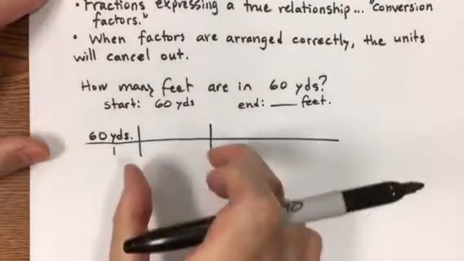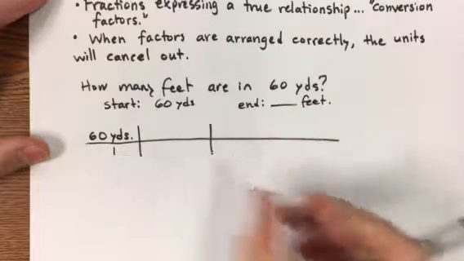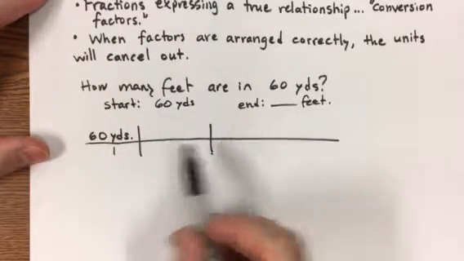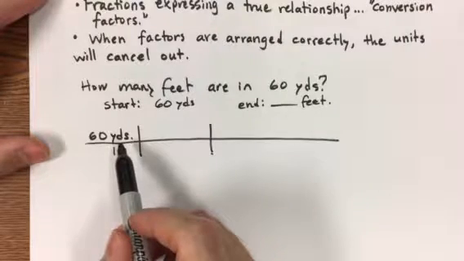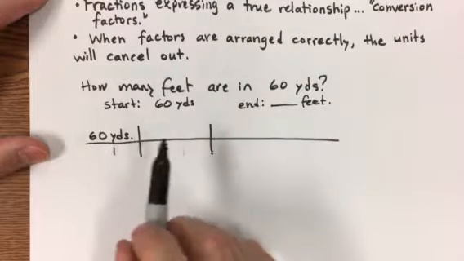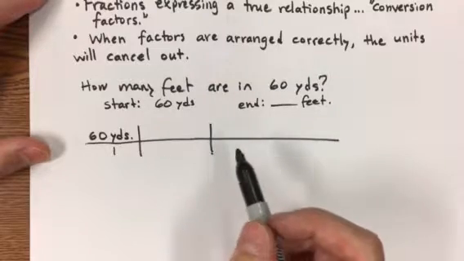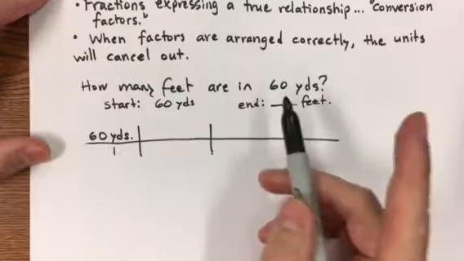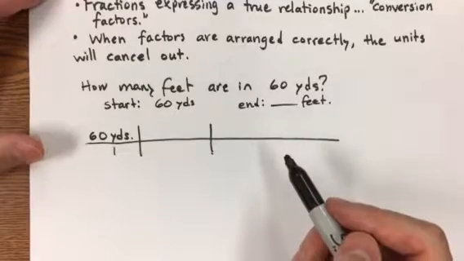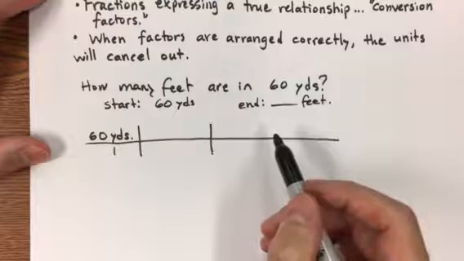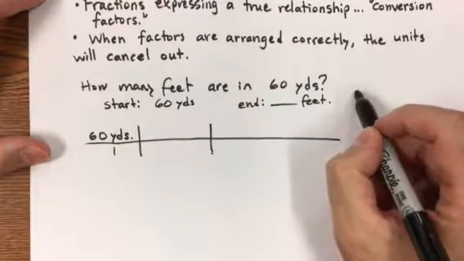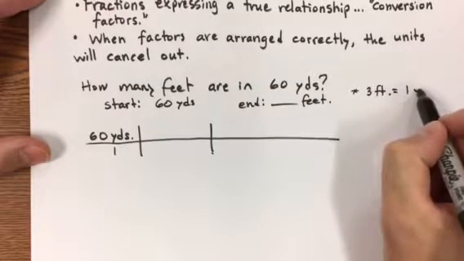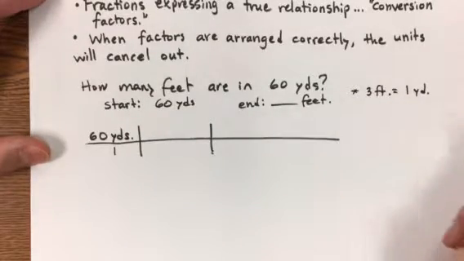And so in the next little block of fraction space, you're going to use your conversion factor to turn 60 yards into something at least closer to feet. You may be able to go all the way to feet. So we ask ourselves, what do we know that relates yards and feet? Is there one thing we can think of that relates yards and feet? That's going to be our conversion factor. And we know that 3 feet is equal to 1 yard,